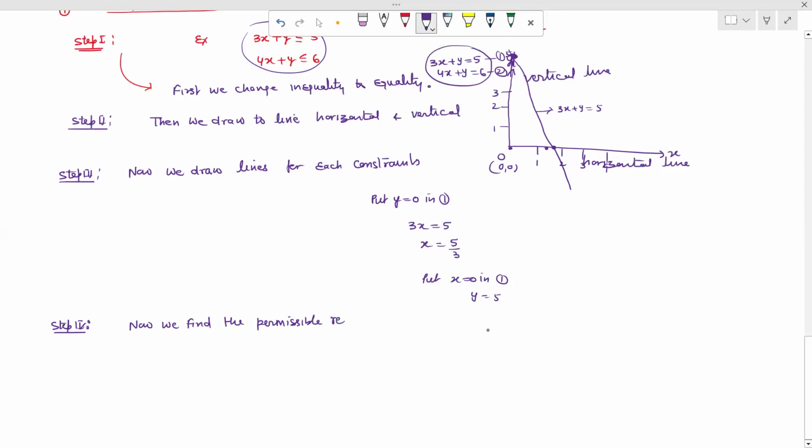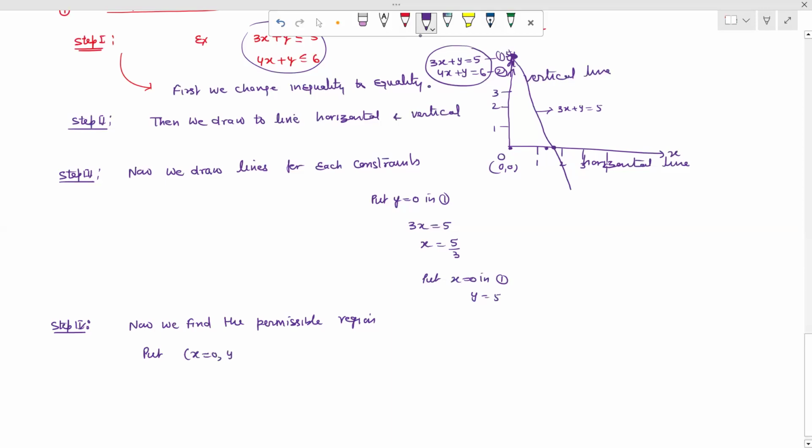Permissible region. So we find the permissible region. So for finding the permissible region, we put